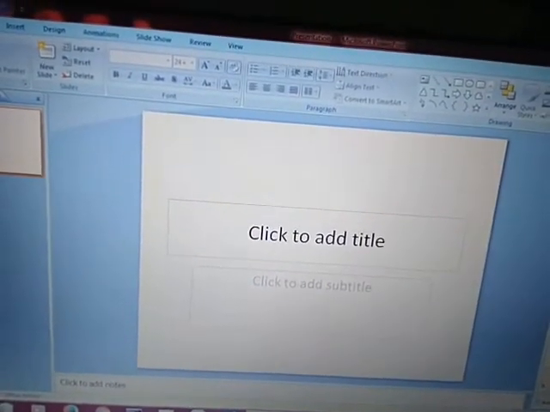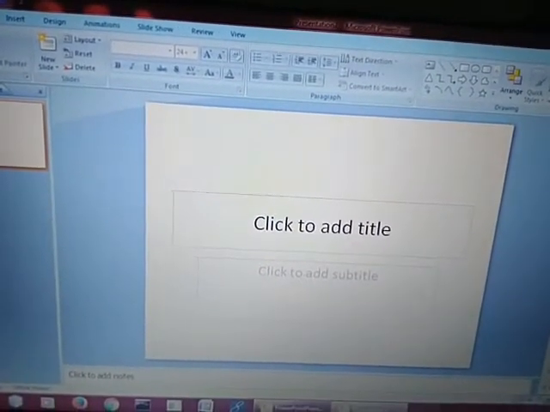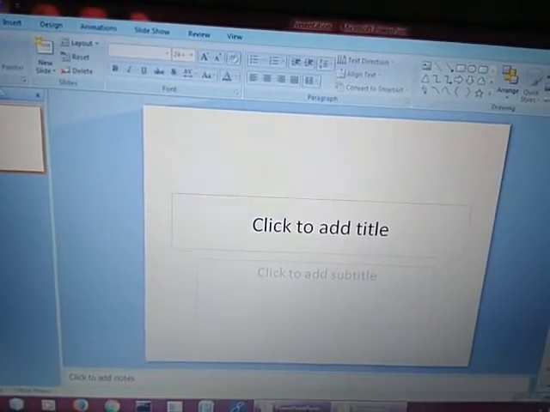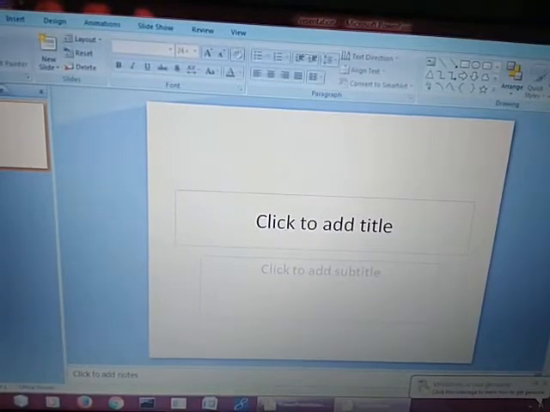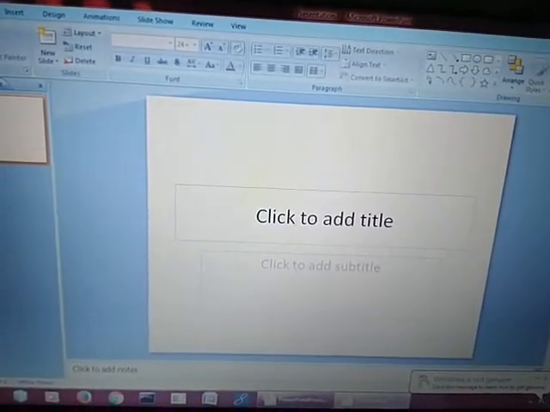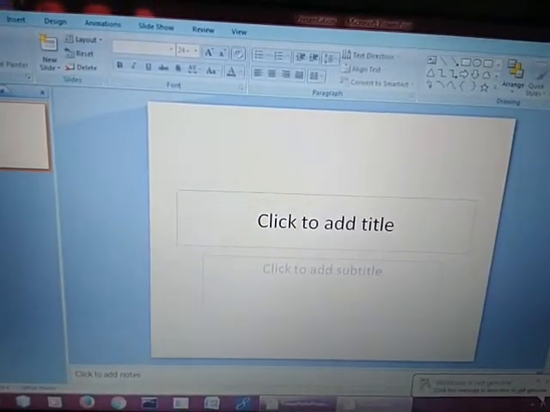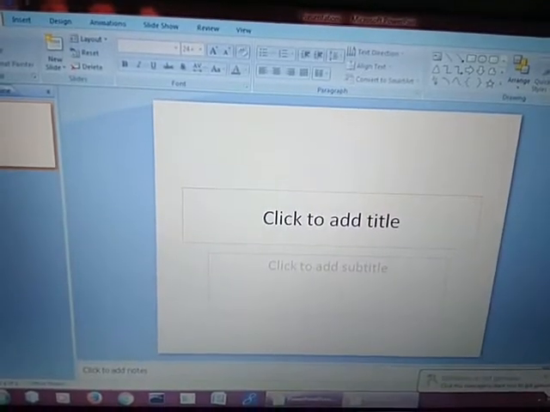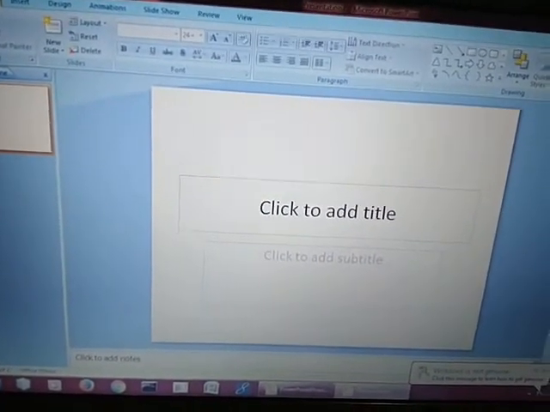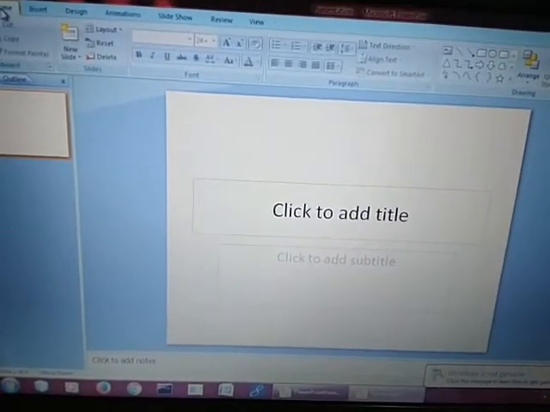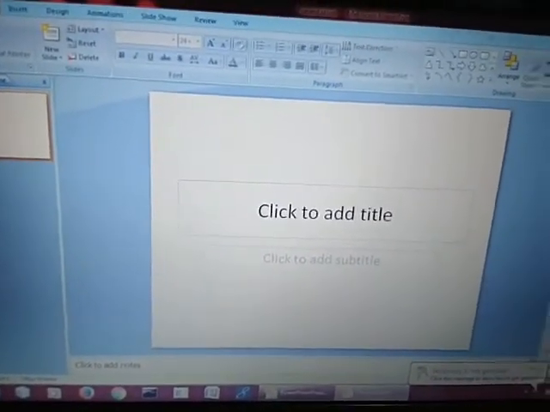Fine. So first we are going to start with font. Some of you might have already learned font in your previous classes, because that particular part is there in each and every topic. Like in MS Word also font is there, in Excel also font is there. So I would like to start with the font only, because we are starting with the very basic part.